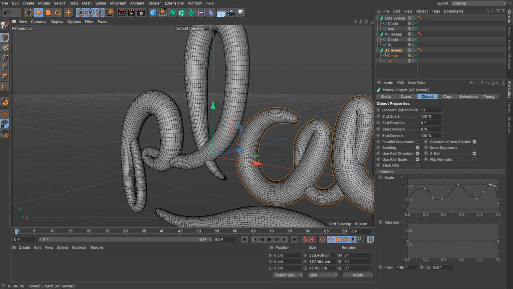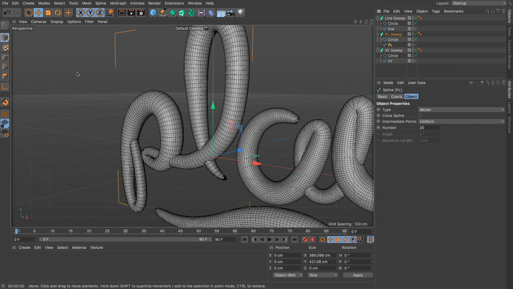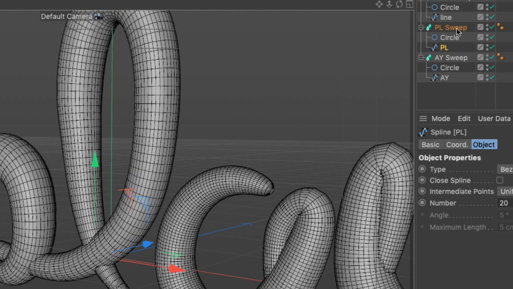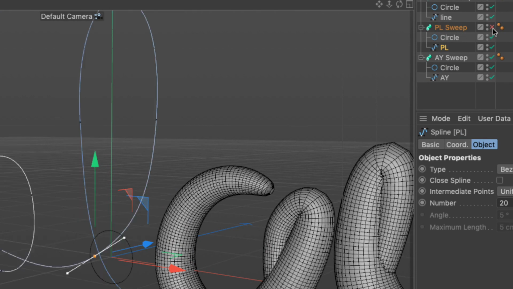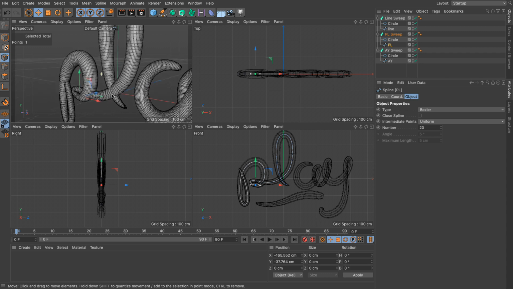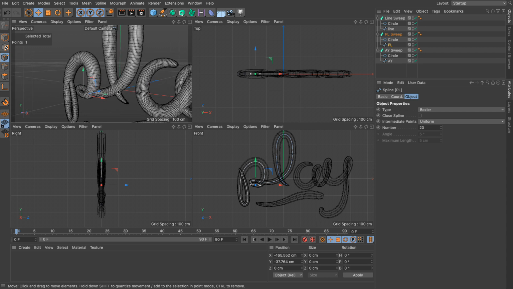I'm going to go to my PL spline, make sure that my points mode is enabled. And because I can't see the spline because it's inside the geometry, there are a couple of things I can do. One is temporarily deactivate the generator by clicking on the little tick mark. I can select the point I want to adjust and then activate it again to see how it looks. Or what I can do is minimize my viewport, adjust my view in my perspective so I see the components I'm working on, and use one of the two-dimensional views to do my selections.